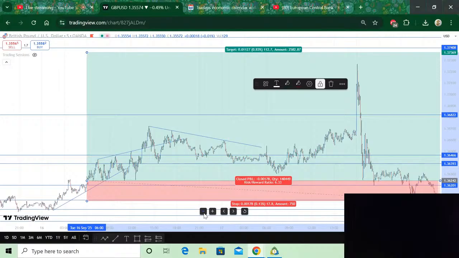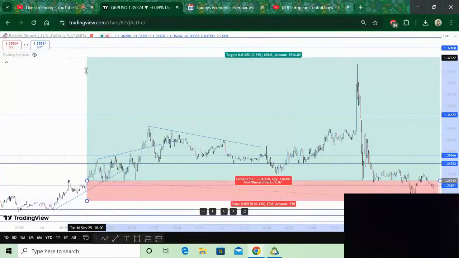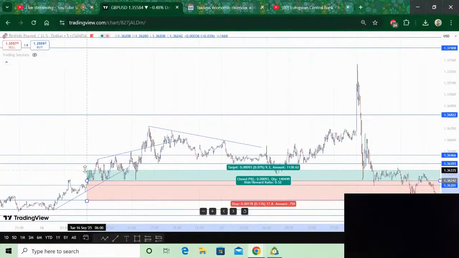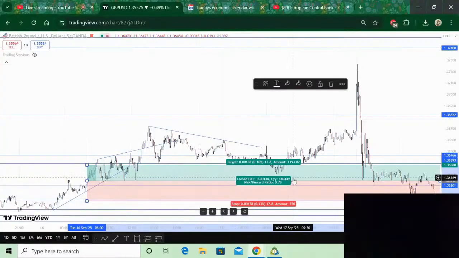So as you can see, there are different layers placed. Now, this is how it works. You start with the first one. After you set up your stop loss, what is your first support and resistance zone ratio giving you? 1 is to 0.78, meaning that we cannot take it. The minimum, anything less than 1 is to 2, even if it is 1 is to 1.99, is unacceptable.